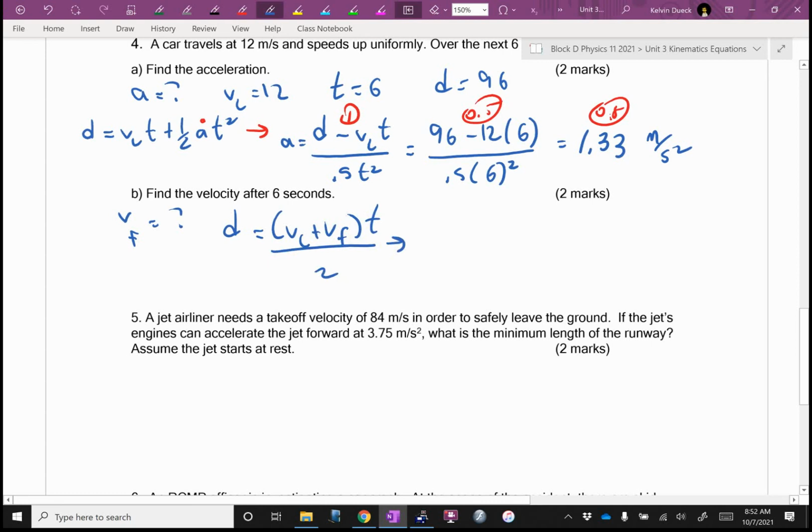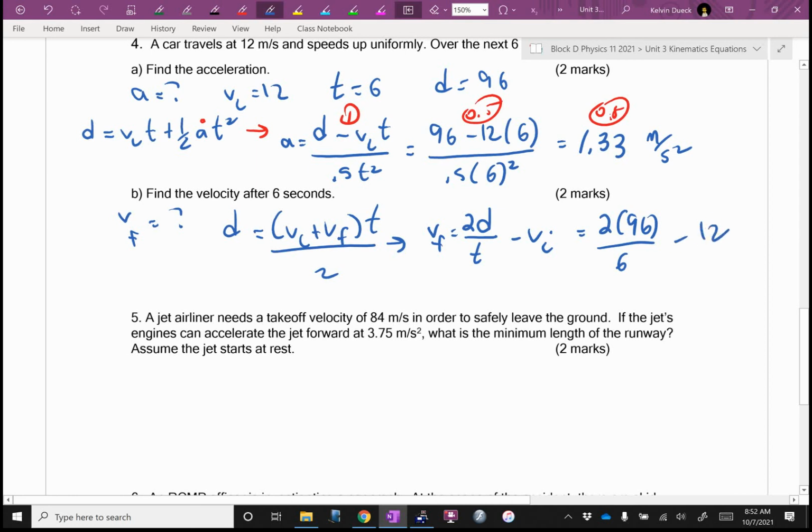How did we get the VF by itself? Again, we said the D drops down like a domino. We would divide the T over times the 2. We would not minus the VI here, because I would have VI plus VF. I would just minus the VI onto the end like this, not inside the fraction. That equals VF. So it's going to be 2 times 96 all over 6